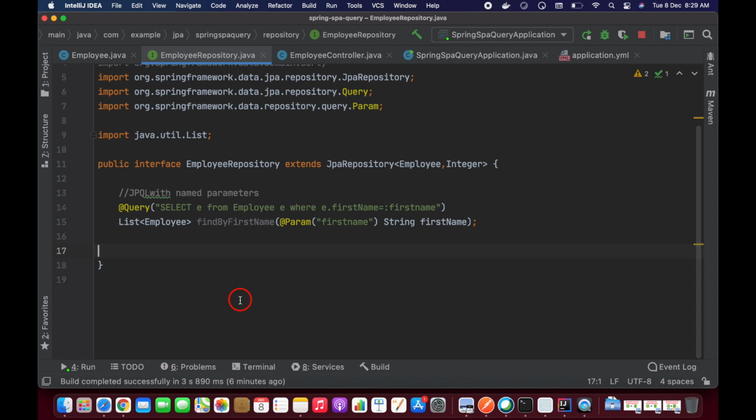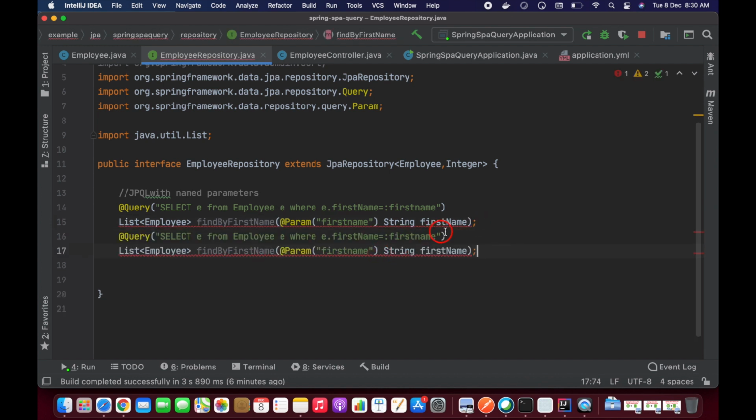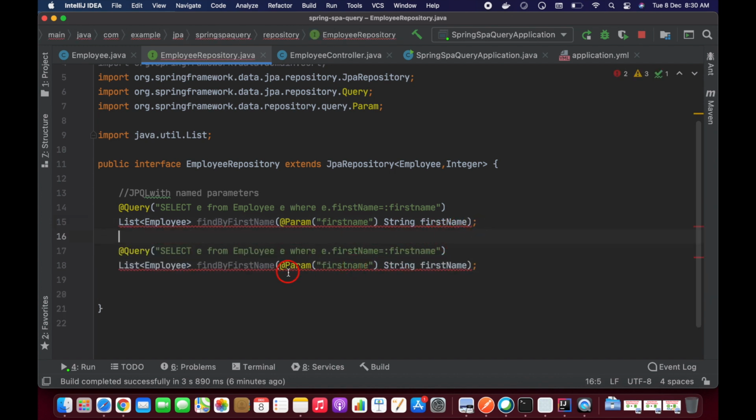What about index parameters? How we write index parameters, I'm going to explain now. Let's copy this same query and paste it here. Let's say I want to fetch the employees starting with first name as well as department. I just want to check both parameters.